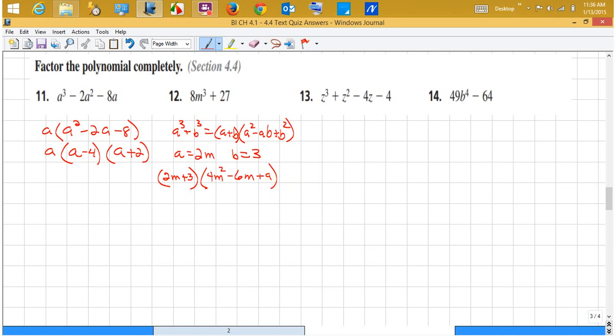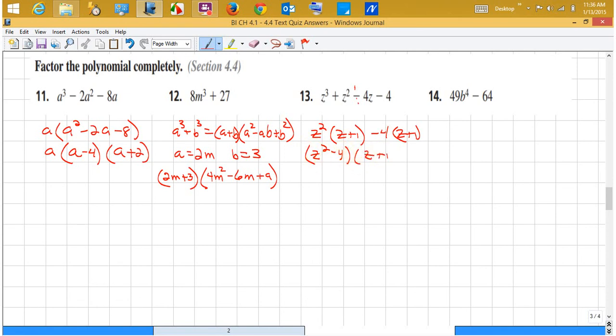Okay, the next one looks like it's going to be a grouping. There's nothing I could factor out, so if I have z squared, that would be z plus 1. And then I'll say I need to have a z plus 1 over here. And I'll take 4 out, minus 4. So what I'm going to have is z squared minus 4